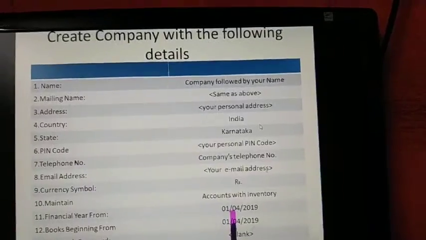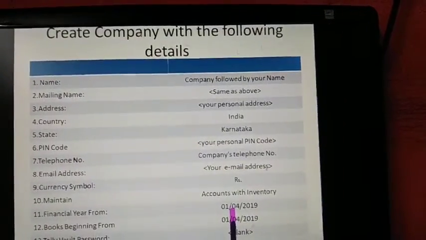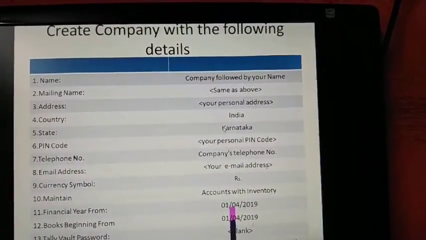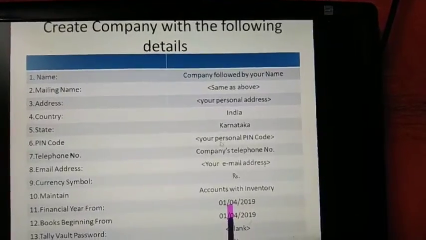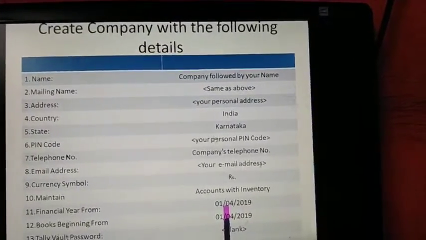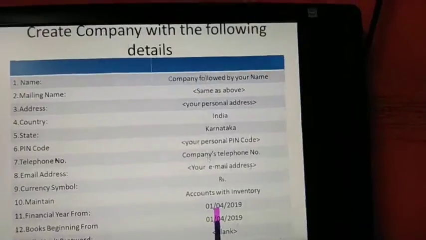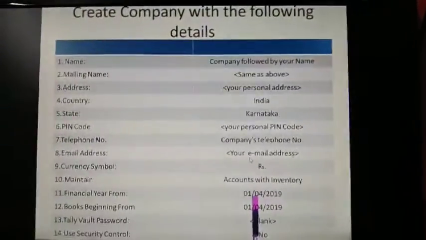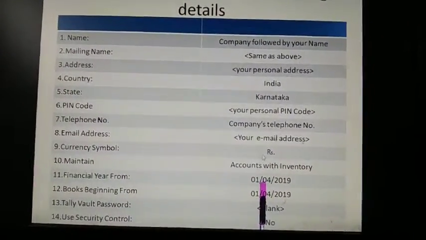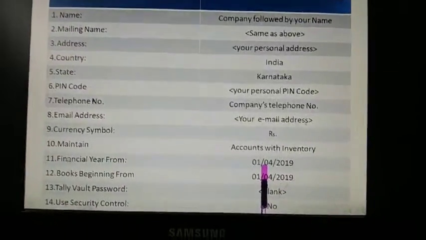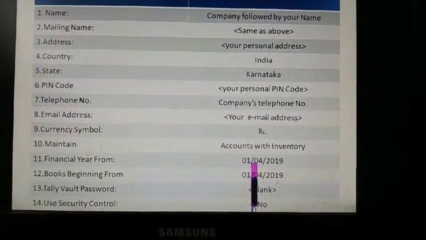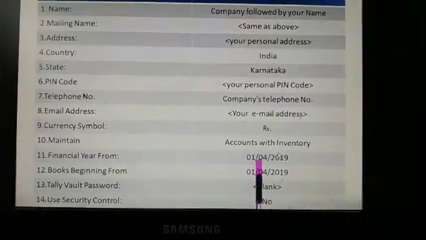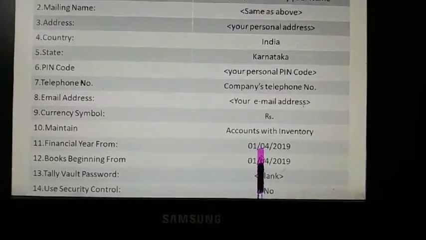Country, India. You can select your country and your state. Give the pin code of your place. Give telephone number, email address, and currency symbol, and for maintaining the books of accounts, you can give accounts with inventory.